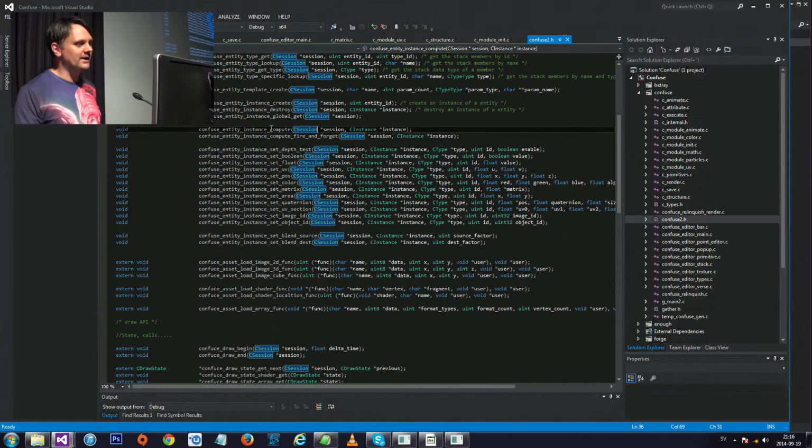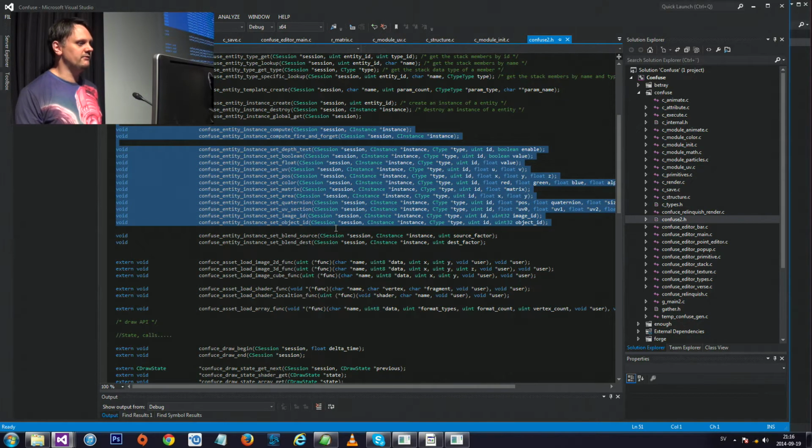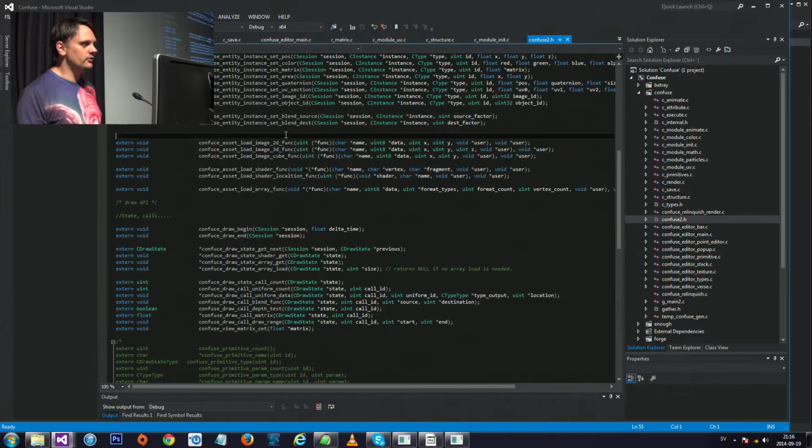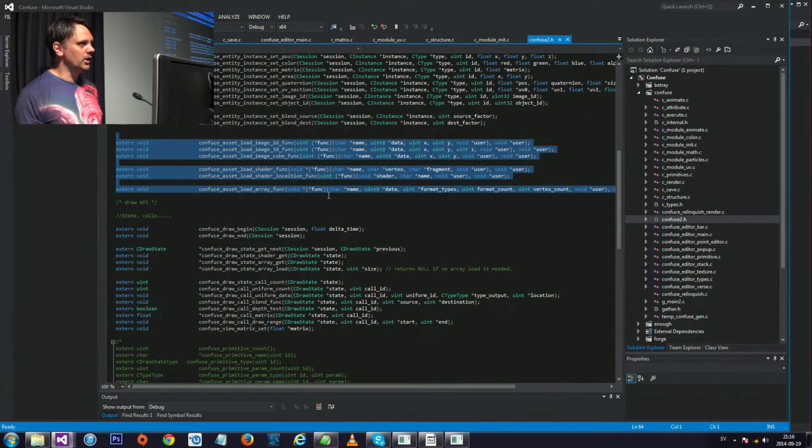And then once you've done that, you basically can just set different kinds of inputs that the instance has. It can be all kinds of stuff like positions and colors and what have you. And then there's loading things. When you load in the file that contains your visual effects, it will give you callbacks like, here's my text, here's the textures, here's the geometries, here's the shaders that you need to do in your engine. And you can load them